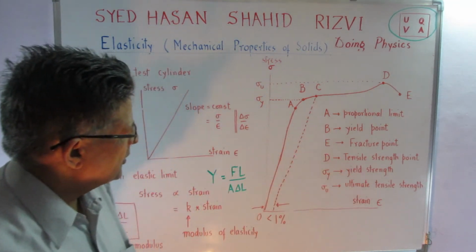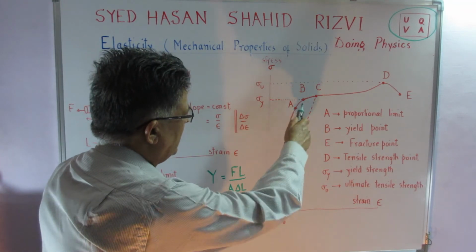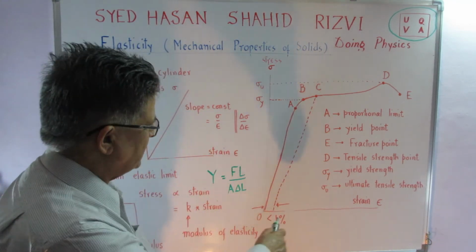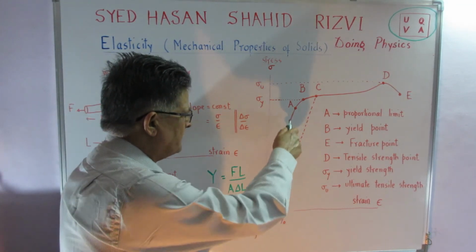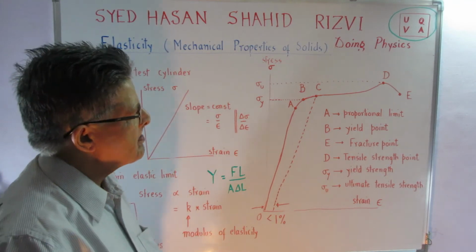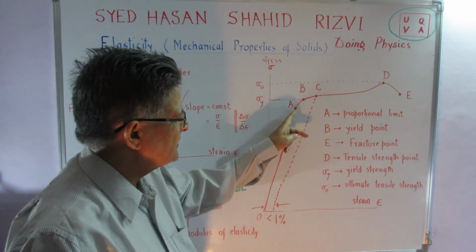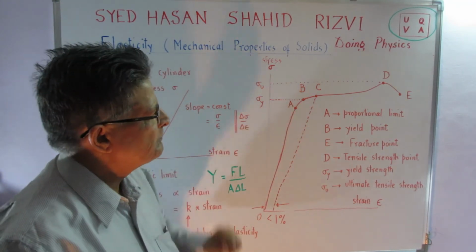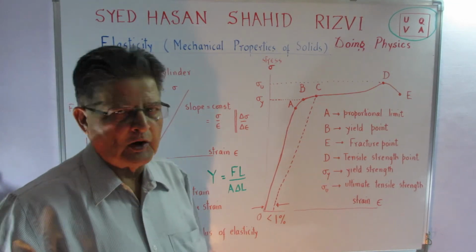There is a stress-strain curve which turns out to be, initially, for about a couple of percent of the length, when the strain is not too much, the stress is proportional to strain and we get a straight line from point O to point A. Thereafter, the linear dependence changes and there is a non-linear dependence, and we reach a point B.